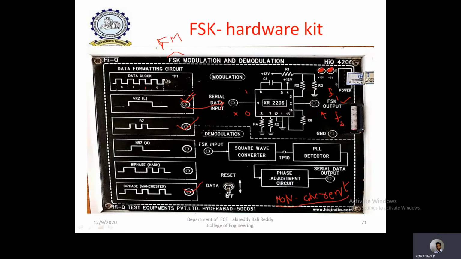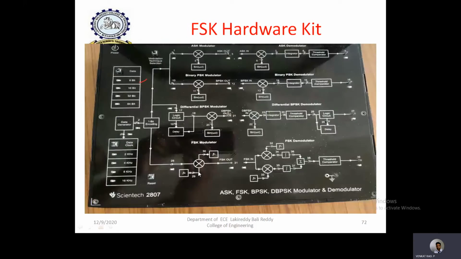And of course we have a pin here, that is a reset pin. If you want to reset this input, you can connect to reset, and it will be reset to the original bit sequence. If there are any deviations, we can reset this, or otherwise by default we can keep it in the off state. Now, if you want to do an experiment from this gate, it is very simple. The block is given directly here, no connections are required, you can directly observe the outputs. Here F1 and F2 are already connected to this multiplier, and this is the input digital data coming.